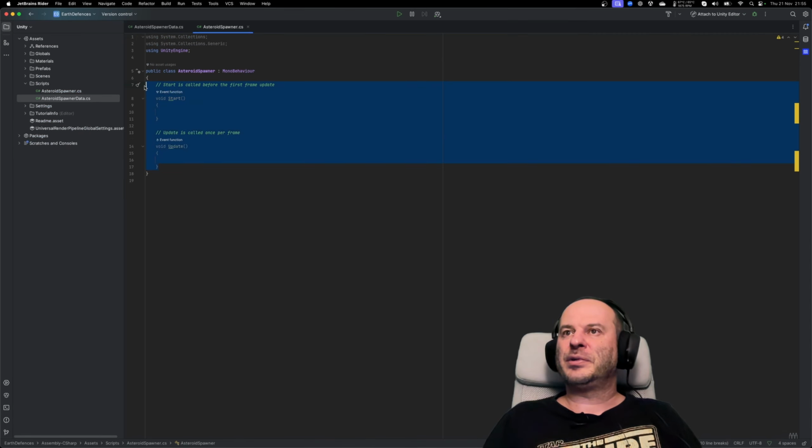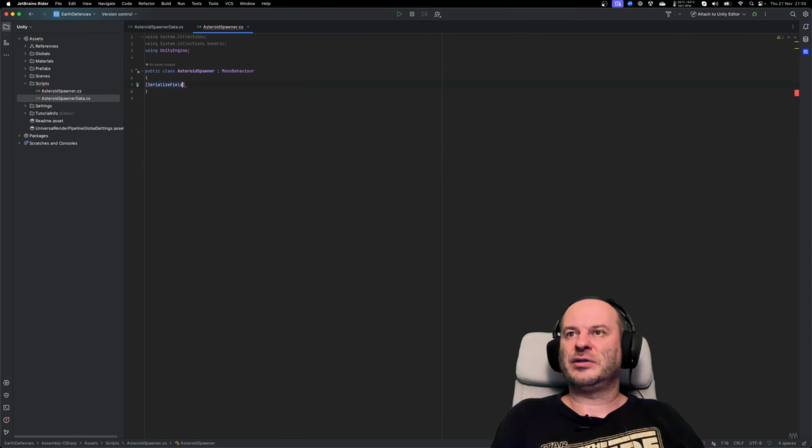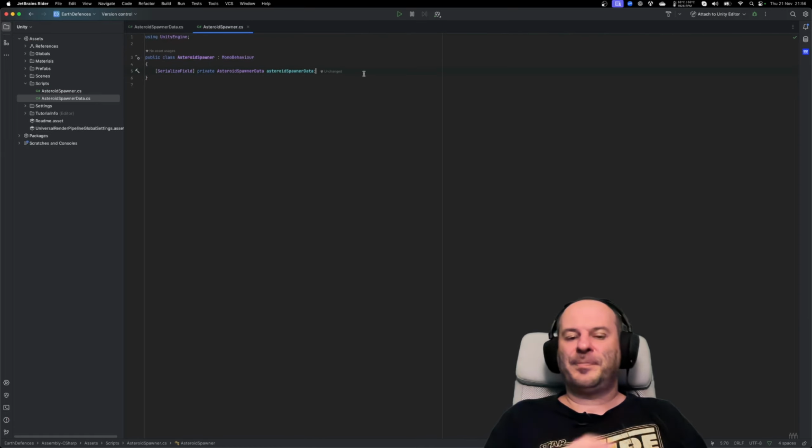Open it up. Let's get a reference to the scriptable object, asteroid spawner data. Asteroid spawner data. Okay,